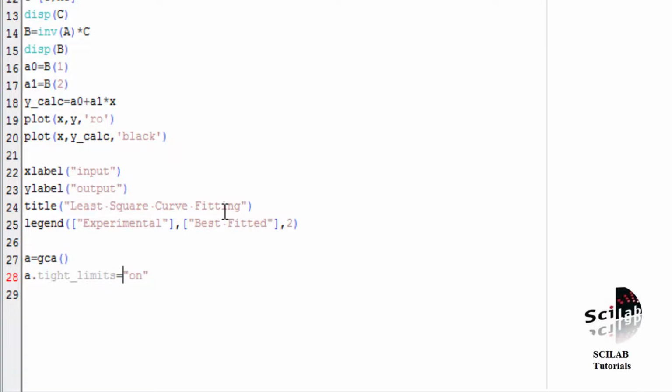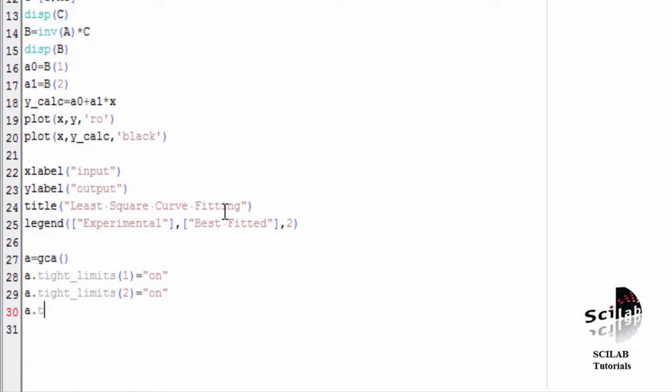Since we have two graphs, experimental and theoretical, I have to give 1 and 2 for both. If there is only one graph, then we do not need to mention it, but if there is more than one graph in the same window, as in the case of multiplot, we have to mention for which graph we want to set the tight limits on, or for which we do not. Since we want tight limits on for both graphs, experimental and best fitted, I have written separately for both.